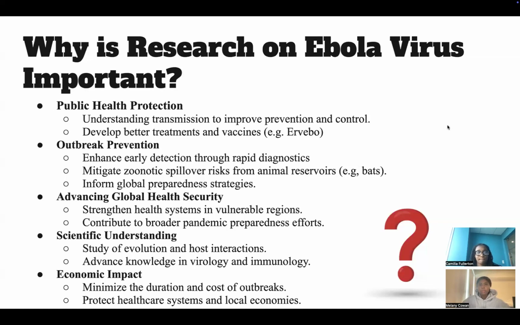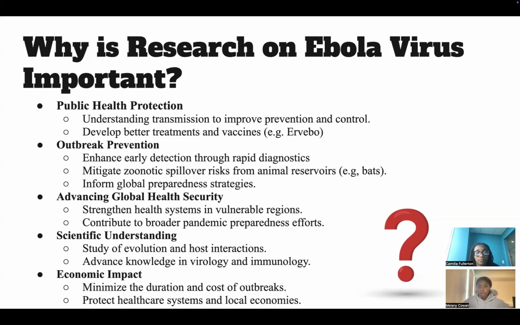So now we're going to talk about why research on Ebola virus is important. Public health protection: understanding the transmission to improve prevention and control, and develop better treatment and vaccines. Example: Ebola outbreak prevention and early case detection from rapid diagnosis, mitigates zoonotic spillover risk from animal reservoirs like bats,